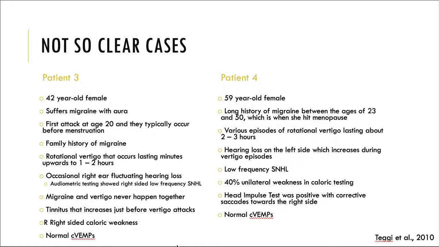In this case, they did do a head impulse test, which was positive with a corrective saccade towards the right side, and normal CVEMPs. Again, this patient has both symptoms and test results that can point both towards vestibular migraine and Meniere's disease, making the diagnosis between the two a bit confusing. And while this article didn't actually state which pathology each of these patients was diagnosed with, both of these patients fit the